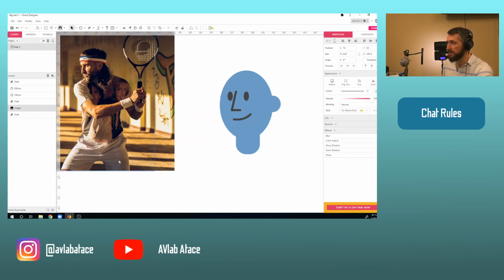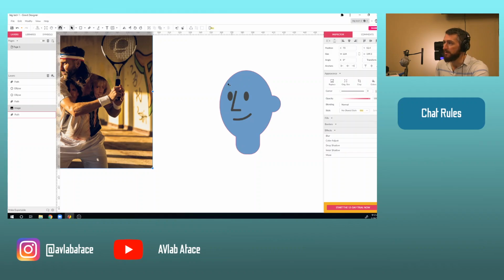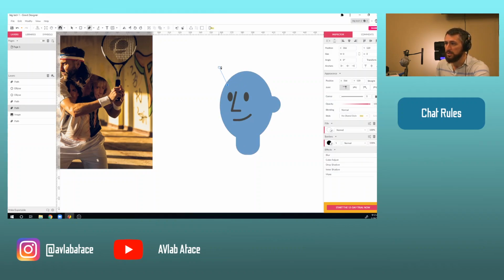All right, so let's take a look and see what we got here. As far as the hair goes, hair can be just a pretty simple blob of color there. If you want to get real detailed into it, you can. I'll just grab my pen tool here and draw a real quick sweep around the top of his head. Maybe give a little crown of hair here, and I'll have it kind of poof out here, because we'll put the